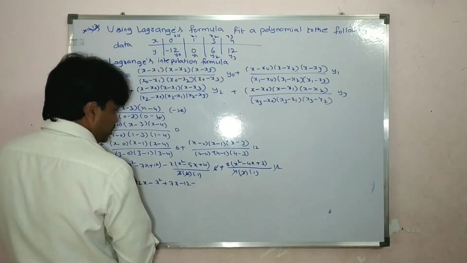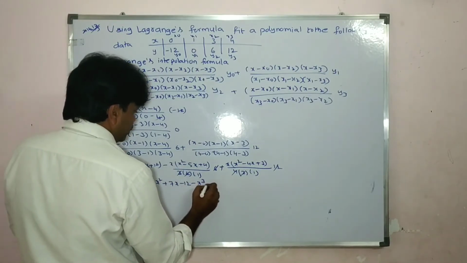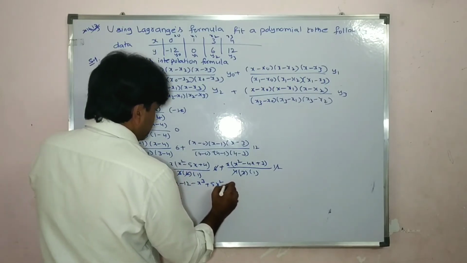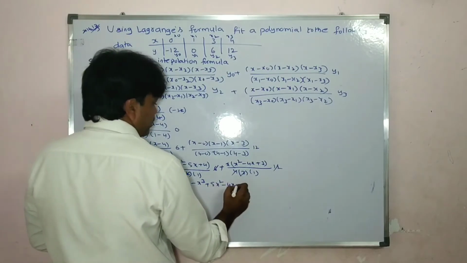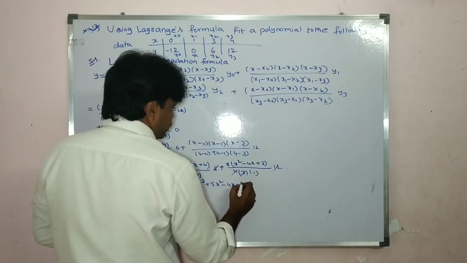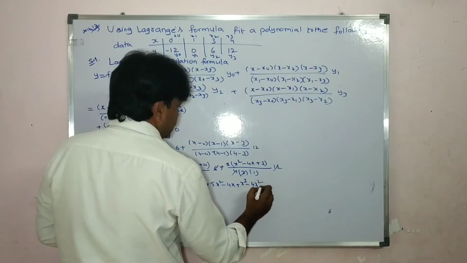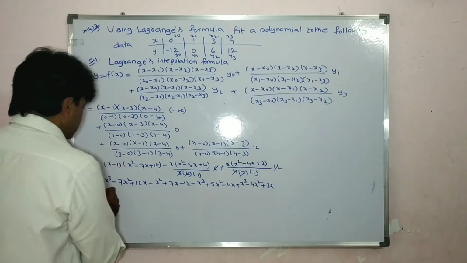Here we have minus x multiplied with minus x, so we get minus x cube plus 5x square minus 4x. Plus, multiplied with x, so x cube minus 4x square plus 3x. So that is equal to,